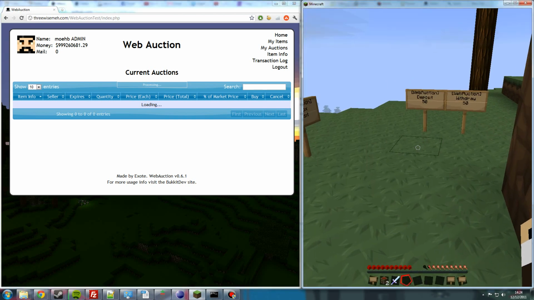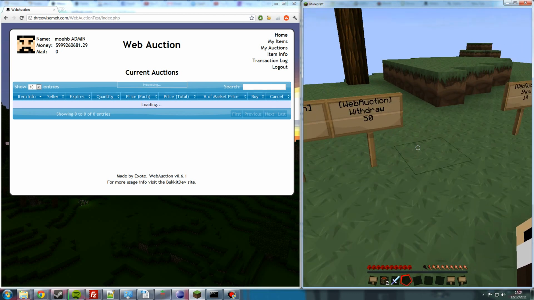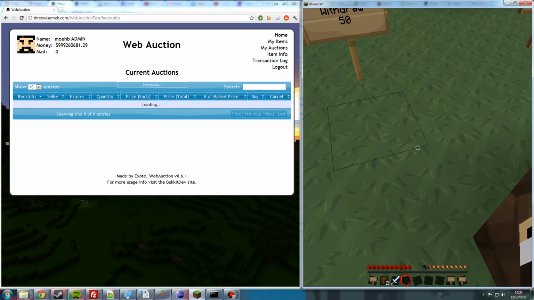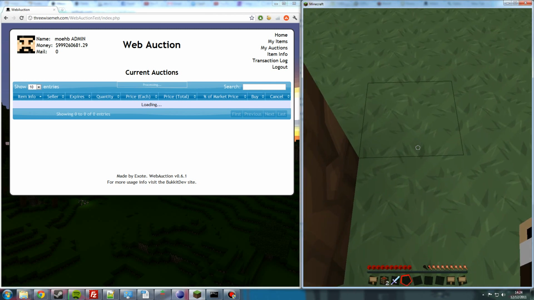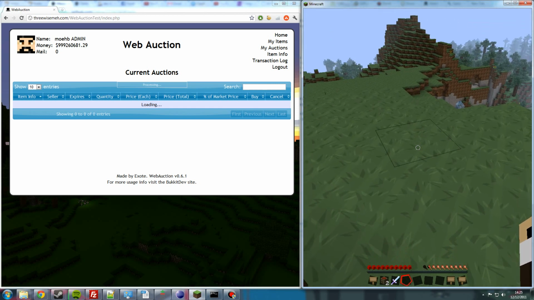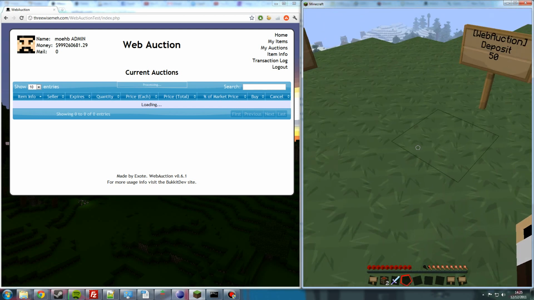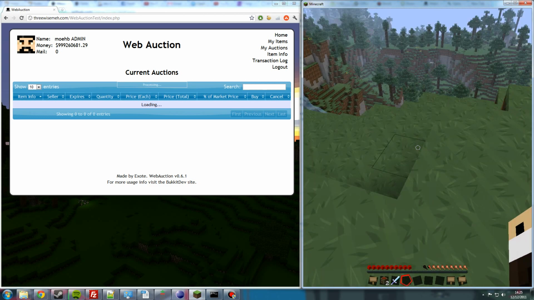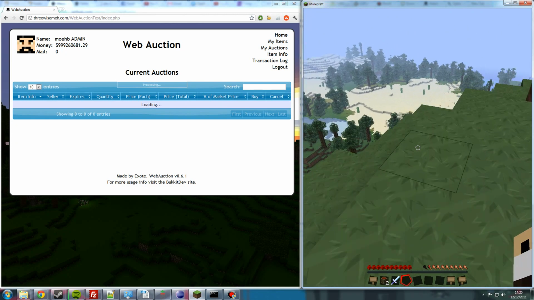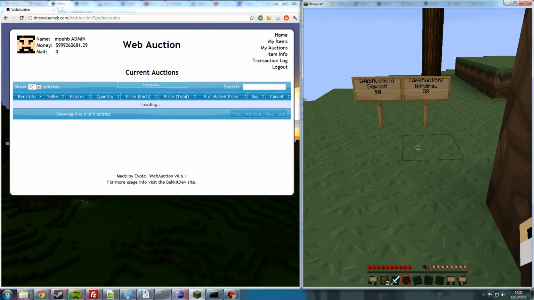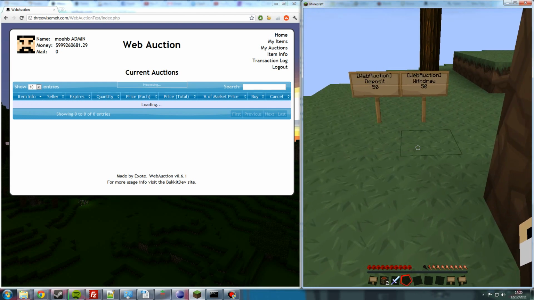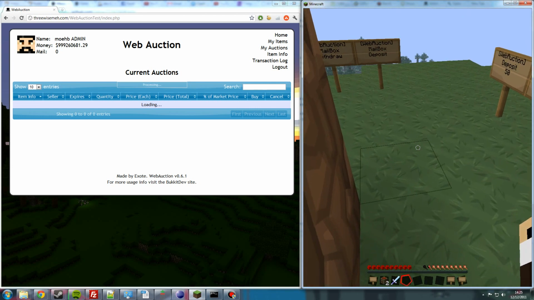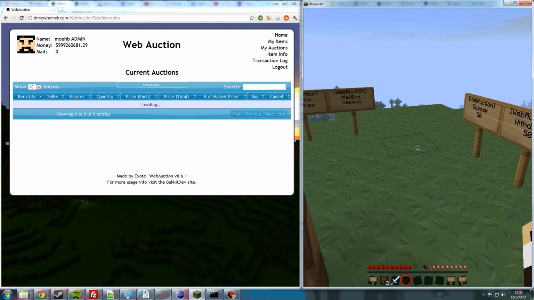Okay, money. Money is the next important thing. There's 2 ways you can do this. If you have Economy, which is a separate plugin, you have Economy stored in the same database as all the WebAuction stuff. So you have a big database, and halfway down you have your Economy tables, and near the bottom you'll have your WebAuction tables. If that's the kind of setup you've got, then in the website config, in the scripts folder called config.php, there'll be a line that says something along the lines of use Economy database, and it's either true or false. If you set that to true, and then you set the name of what the Economy table is, then your money in game,